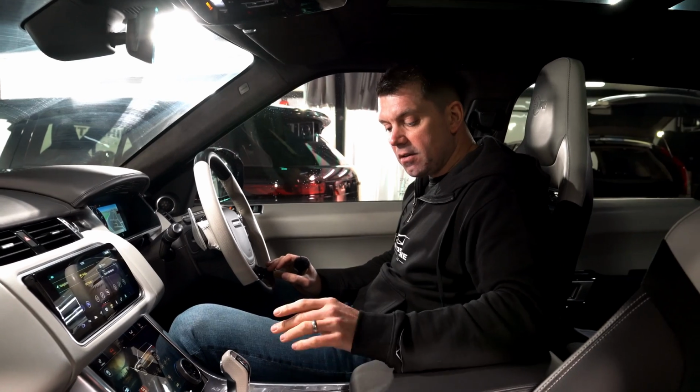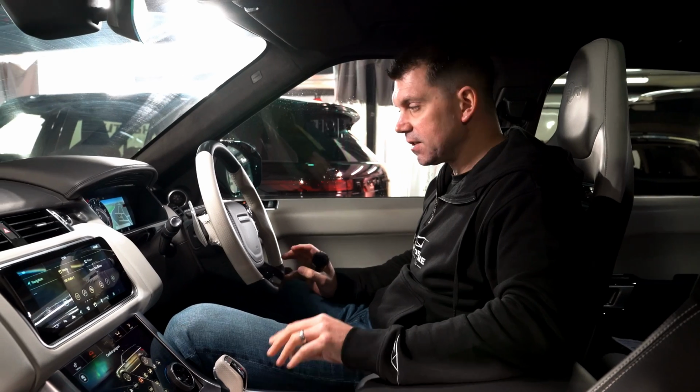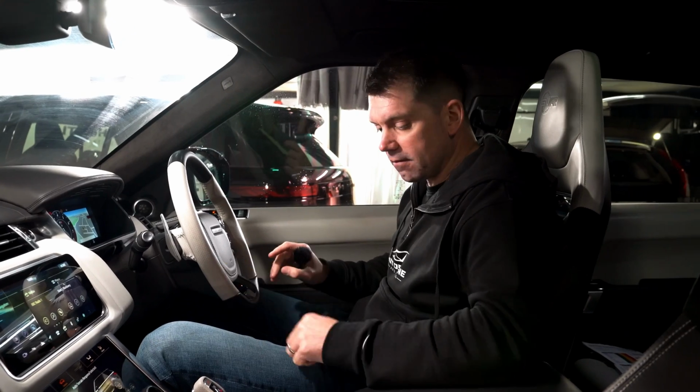Put in the SV mode, I have to raise that and then just put it in SV mode, or dynamic mode they call it on these, not SV mode. So yeah, that's pretty straightforward. It's not a flat nice red light there. I do prefer the button there, and it turns everything red, but